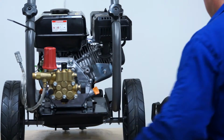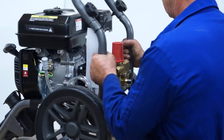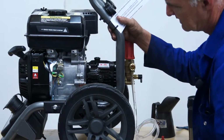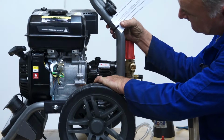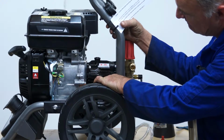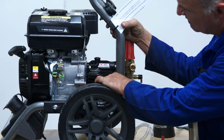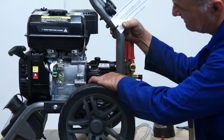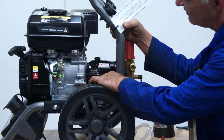When you're filling the pump, just turn it round. You'll notice on the side of the pump there's a little clear hexagonal sight glass. Typically around about halfway up the sight glass with the oil. If it's a little above, don't worry, but certainly don't fill the pump to the very top. But once you've seen it just center or slightly above, somewhere around there on the sight glass, that's